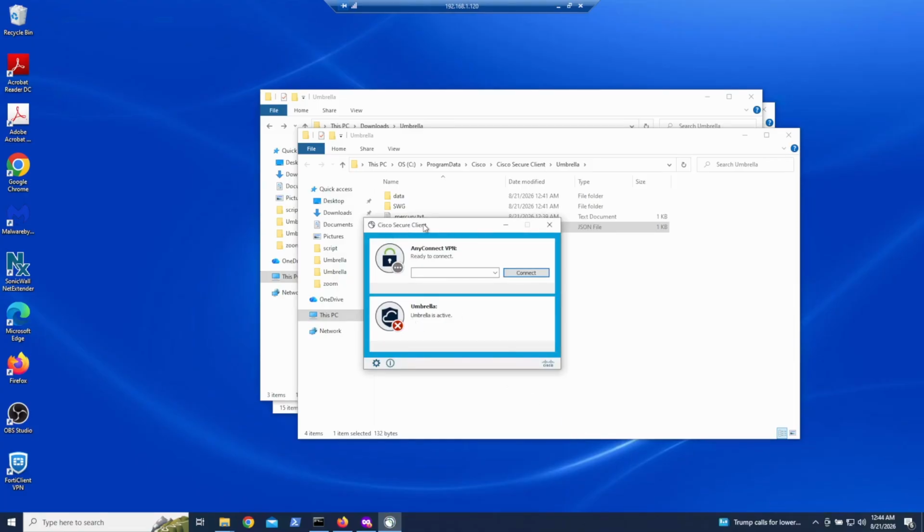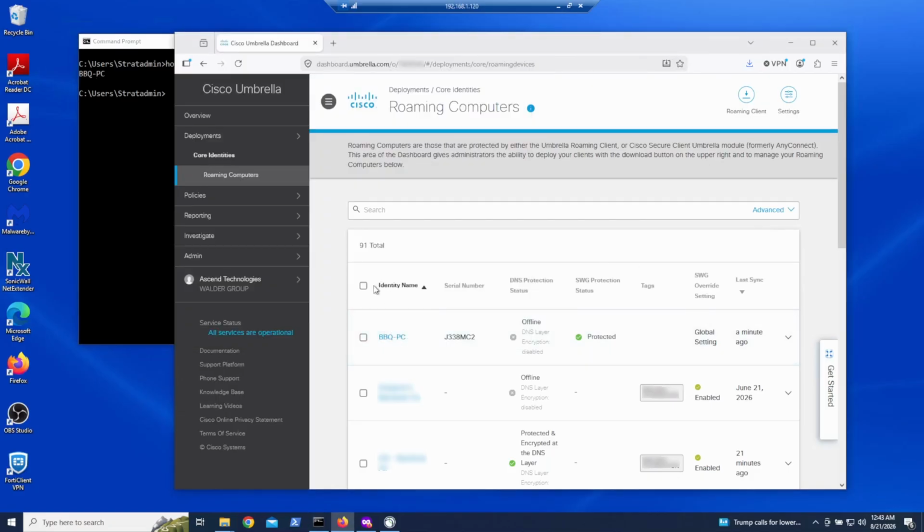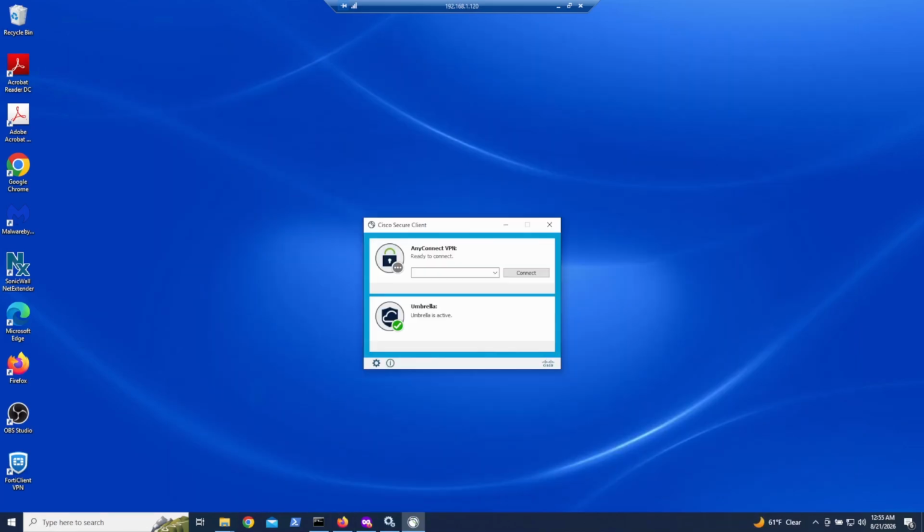Initially, the Cisco Secure Client may show the status that Umbrella is either inactive or active with a red X status. But if we were to navigate back to the Cisco dashboard, we can see that our PC, named BBQ-PC, is now showing as an identity listed in the roaming computer section. After a few minutes, the Umbrella status in the Cisco Secure Client is now showing active and a green check